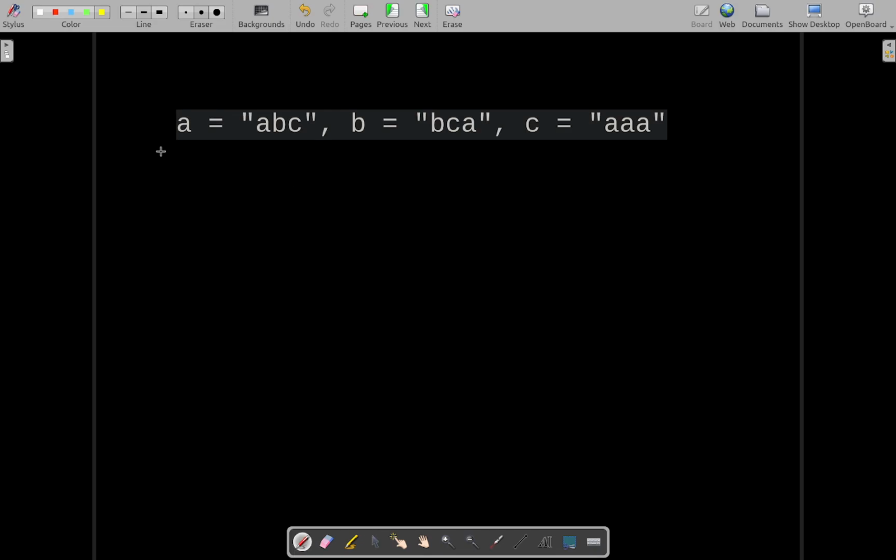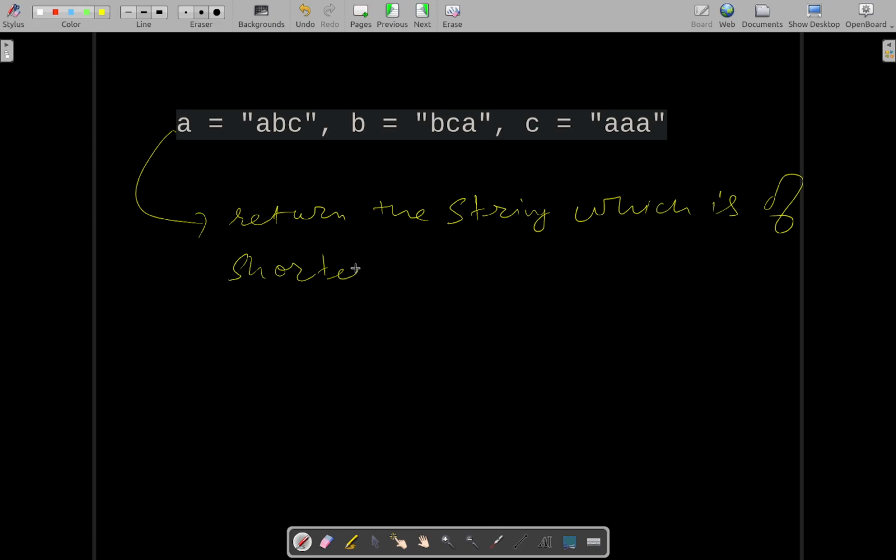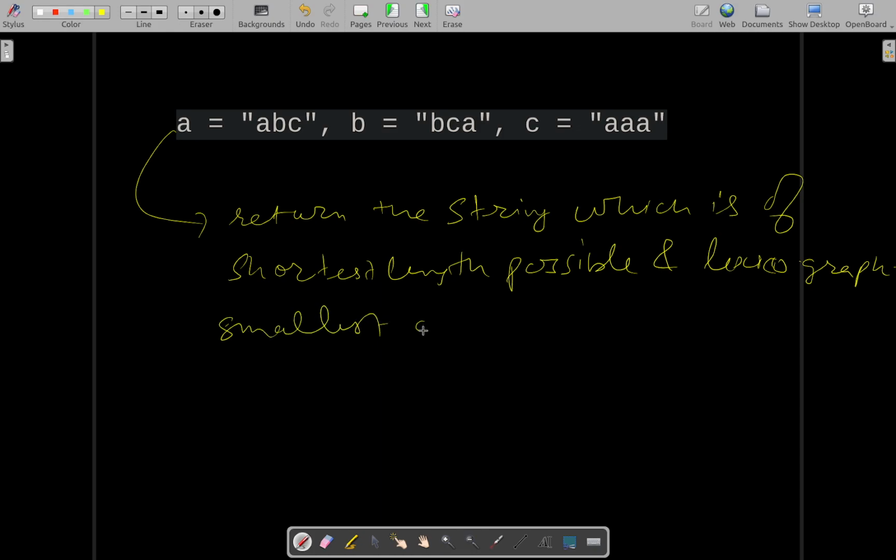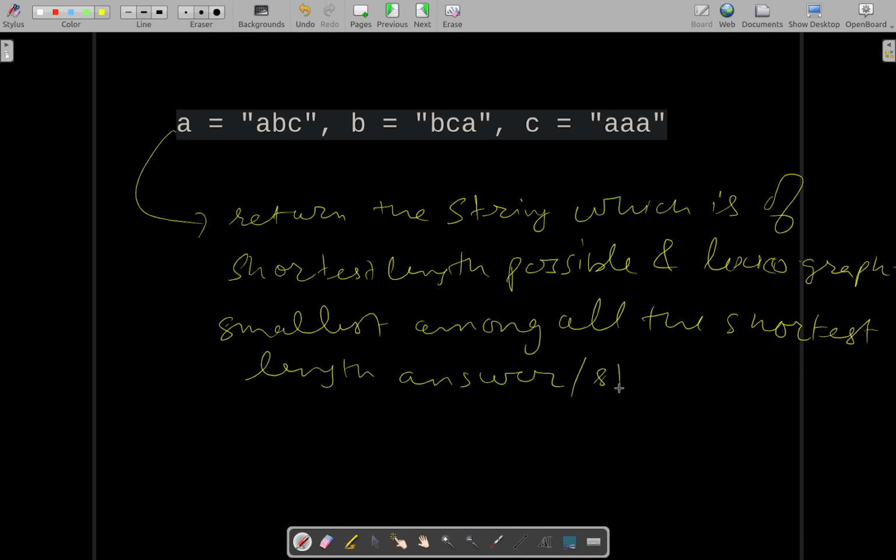So let's consider this example. What we are required to do is return a string which is of the shortest length possible and lexicographically smallest among all the shortest length answers or strings, such that